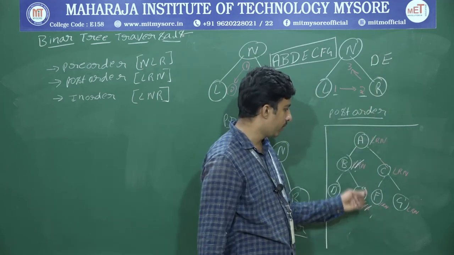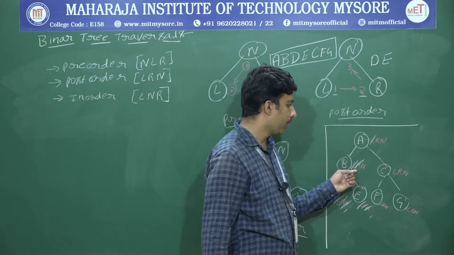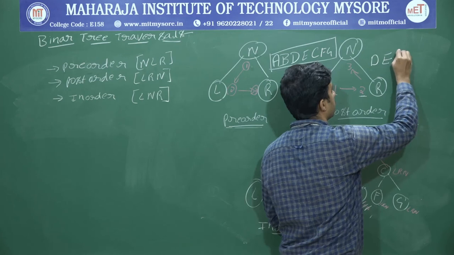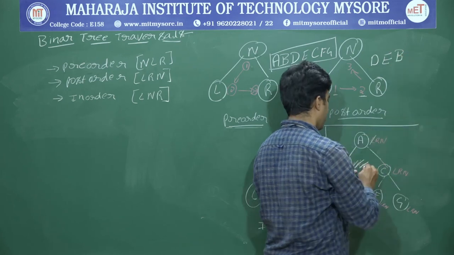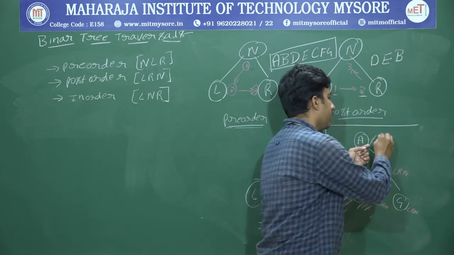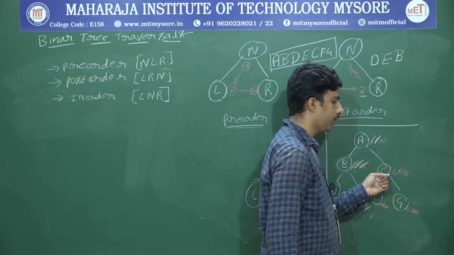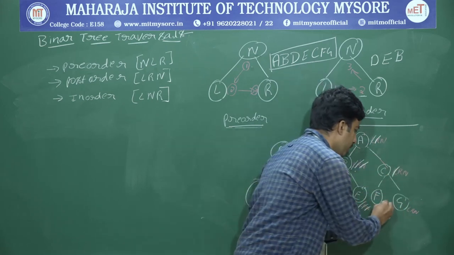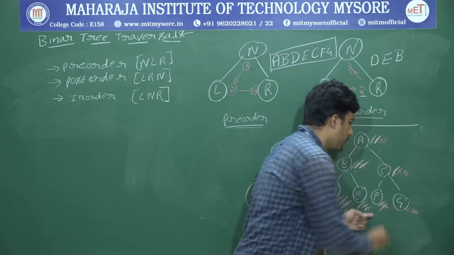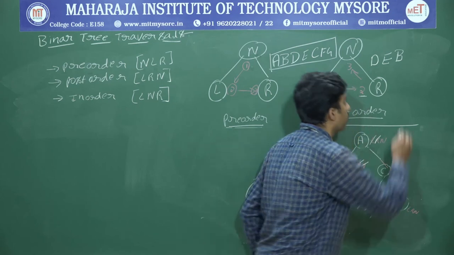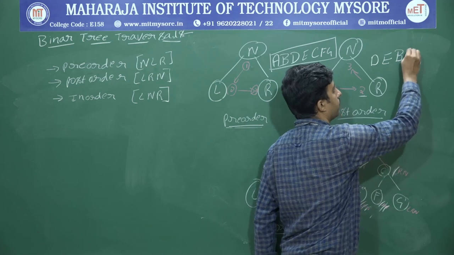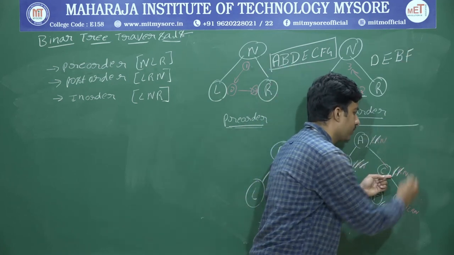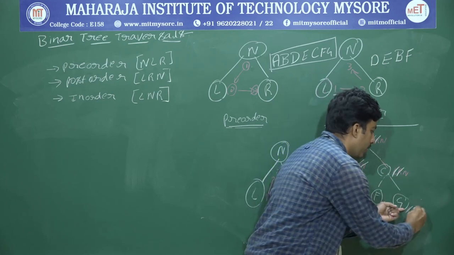Okay, go back from where it comes from, B. Okay, encounter, okay, node, yes. Print B. Okay, go back. Right is there, yes, okay, comes to C, okay, left is there, yes, come to F, left is there, yes, right is there, no, node is there, yes, encounter node F. Let's go back, okay, C, right is there, yes, go to right, left is there, no, right is there, no.